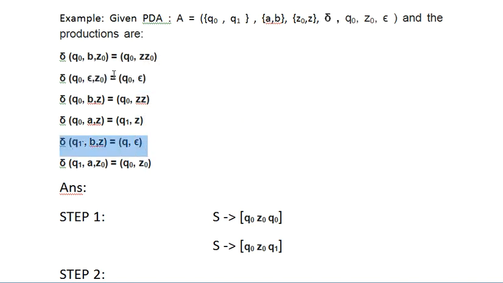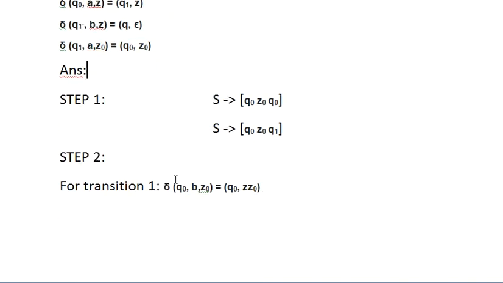So how many push transitions are there? 4 transitions are there for push, and two transitions are there for pop. Clear? First I will show you how to work on the push operation, because it is a little lengthy, and the pop operation is very easy. You just need to follow the format. That's it. Let us move to step number 2.